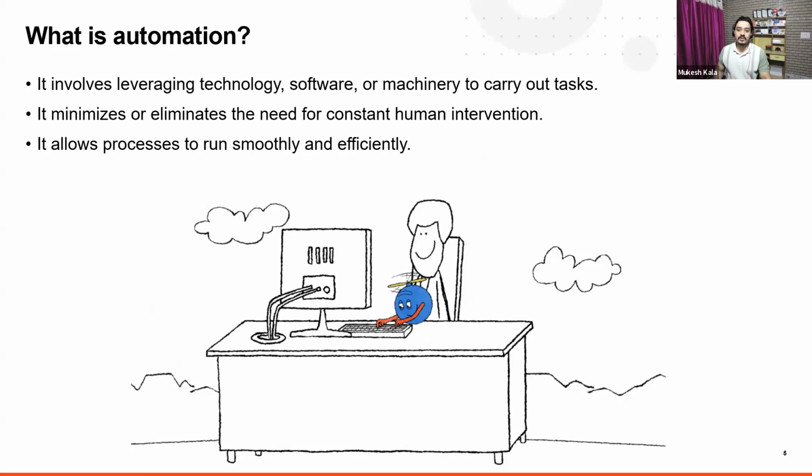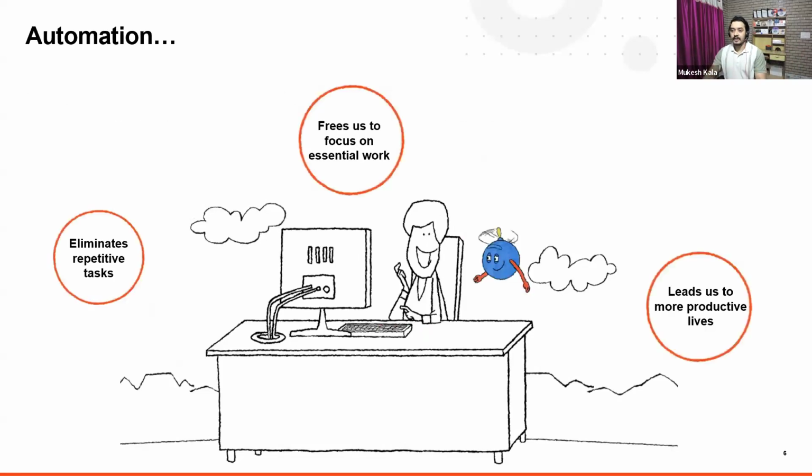Now, whenever I say robots, a lot of people confuse it with the walking and talking robots we see in the movies, Jarvis, Iron Man kind of stuff. No, when we talk about automation specifically with UiPath, we are talking about software robots which run inside your computer. So it's like hiring a personal assistant, and whatever mundane, repetitive work you are doing, you just give those tasks to that assistant or to that robot. That is what automation is. Now, how can it help?